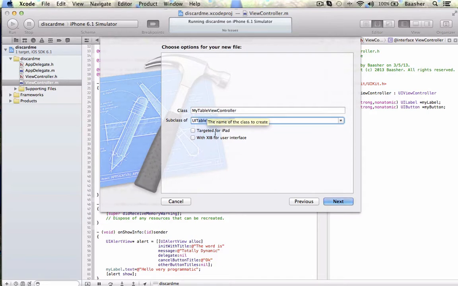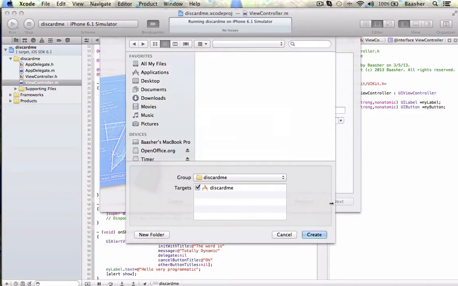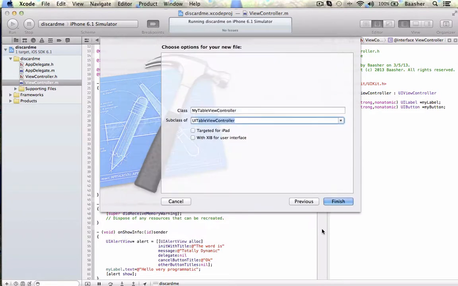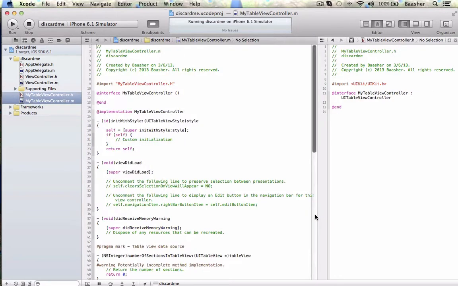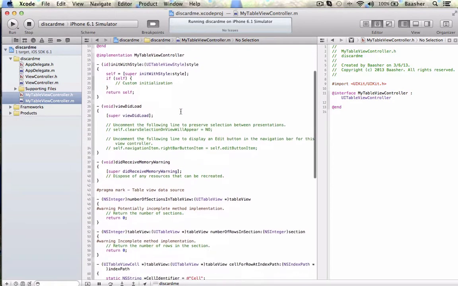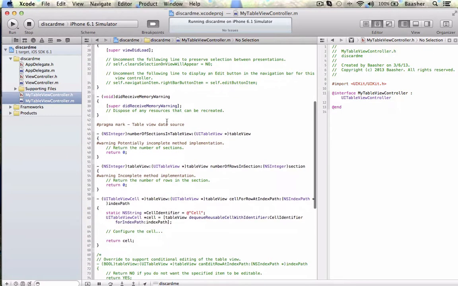My table view controller inherits from UI table view controller. Uncheck, uncheck. There we go. So in here, my table view controller inherits from UI table view controller,